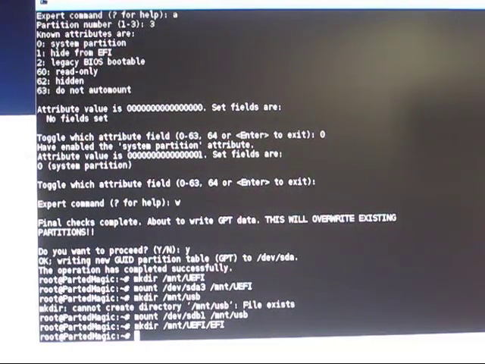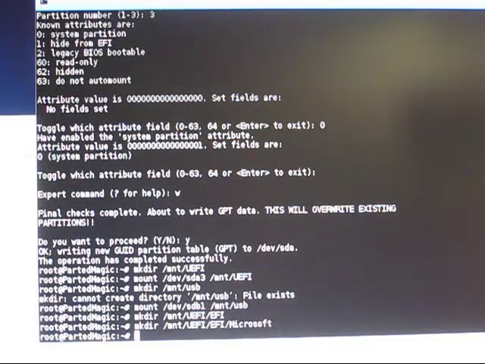But you just type them all in: mkdir, mnt, UEFI, EFI, Microsoft. You just double check your spelling. Okay, and then one more,